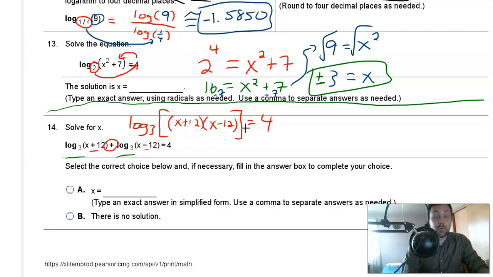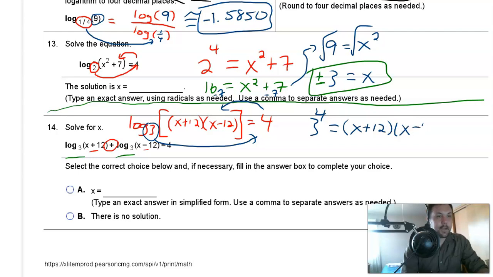And now that I have just one logarithm, I proceed the same way as I did in number 13. Right? I'm going to convert this to exponential form by doing the loop. So I'll take the base, which is 3, raise it to the power of whatever's over here, which is 4, set it equal to what's inside the logarithm, which is x plus 12 times x minus 12. Now I can solve this equation for x. I'll start by multiplying all this stuff out. And so we have 3,